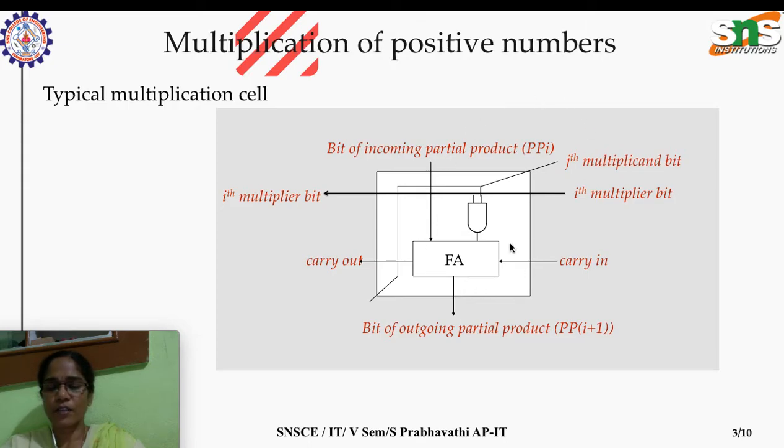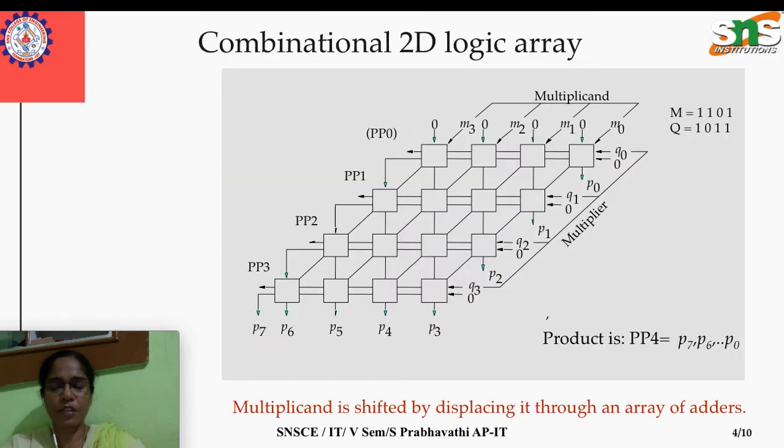Okay, so let's have a look at the full implementation of the multiplication. This is the full implementation that uses a combinational circuit. In circuit design there are two categories: combinational logic circuits and sequential logic circuits. Combinational logic, please keep it in mind, is quite an interesting and important concept. Combinational logic means the circuit depends on the current input only, not on the previous input. That's combinational circuit design.